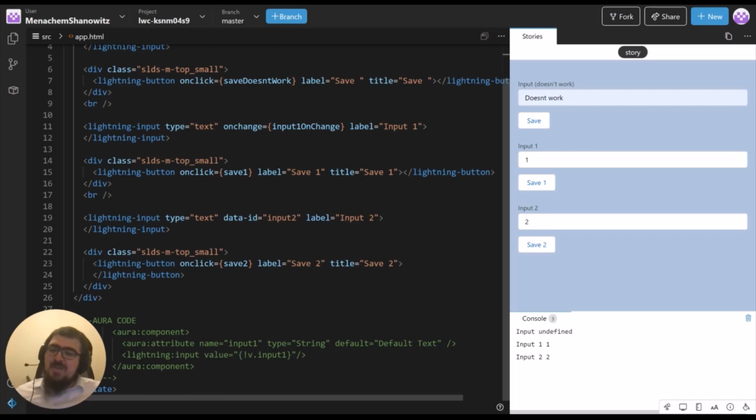Now, before I get into the details of that, I want to step back a bit and show you how it's done in the older Aura component framework. This will help us understand why things in LWC are done the way they are. So in Aura, you would define an attribute. An attribute is a property, just like an LWC property. And then you pass in that attribute into the Lightning input